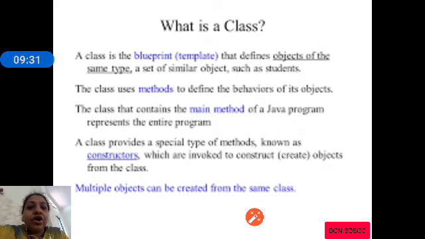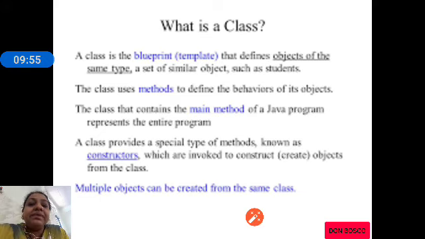Let us see what a class is. A class is a blueprint of the object. A class is a blueprint that defines objects of the same type, or we can say that a class represents the common properties of many objects.